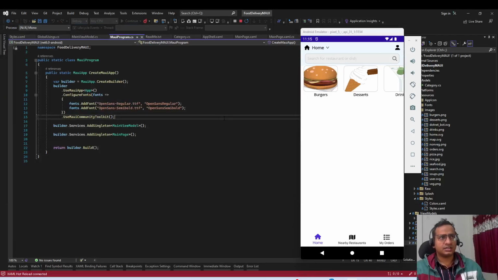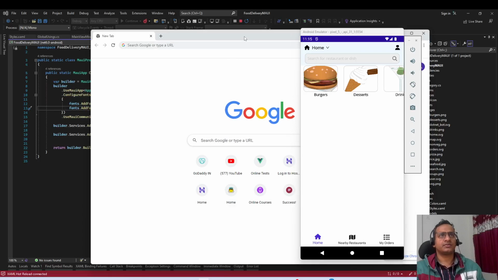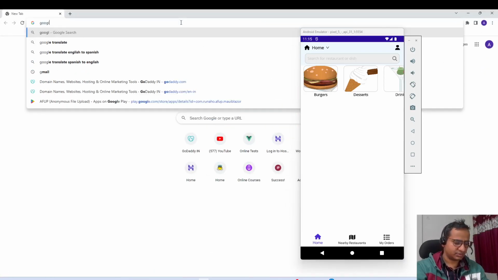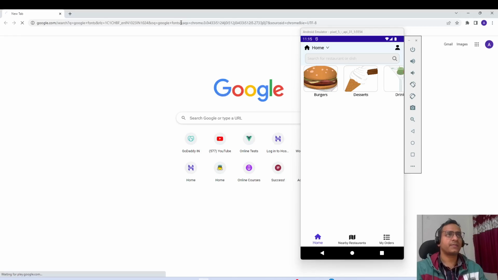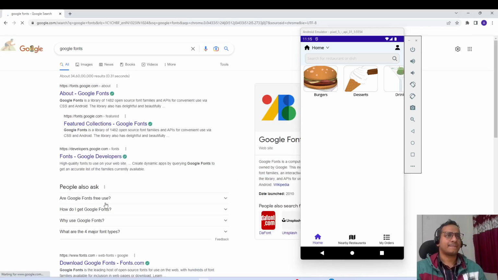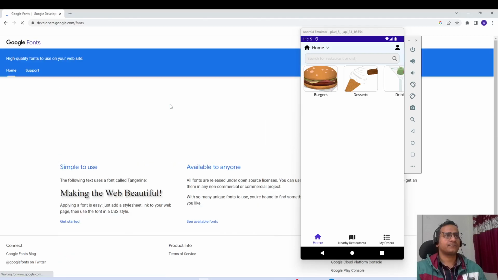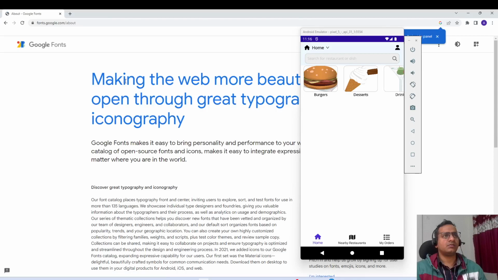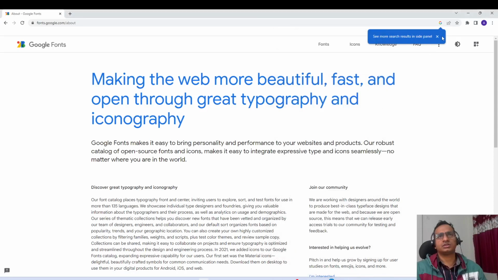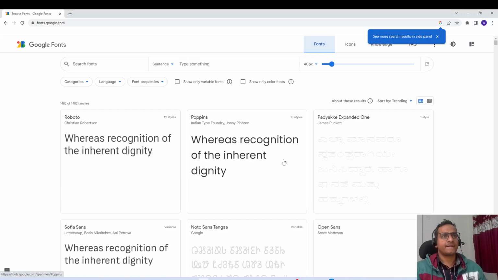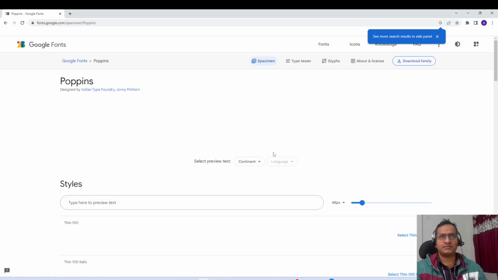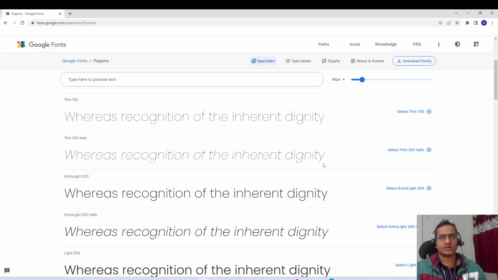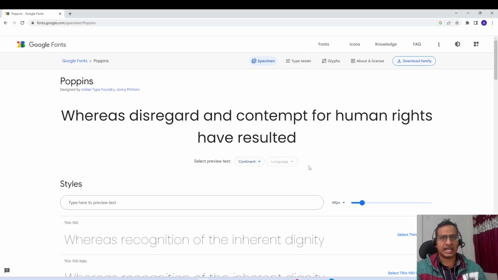Okay, so first thing, we will change this default font. So let's grab some font, maybe from Google Fonts. What is this? Fonts. And I like Poppins font. So our app,